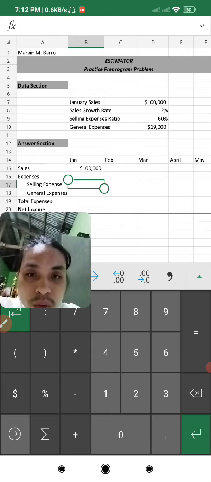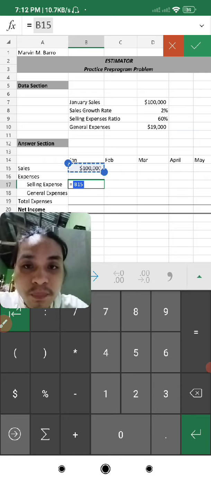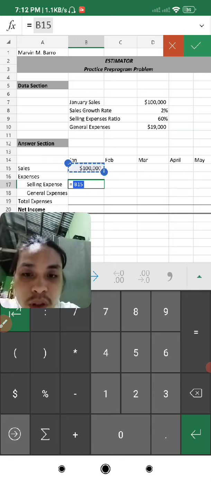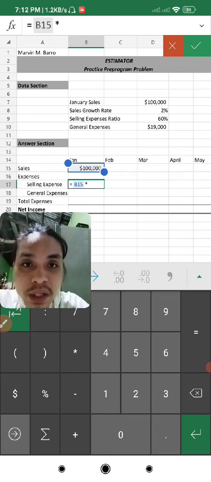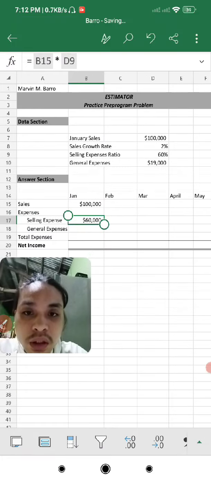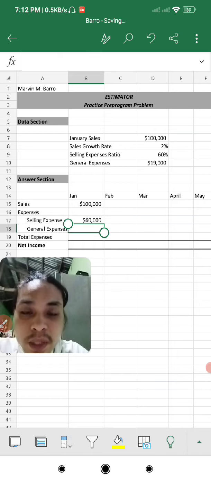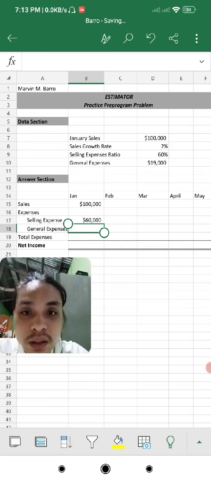So you have to calculate that by putting an equal sign and clicking the cell B15 and multiplying by the selling expense ratio of 60% by simply clicking the cell D9, and we can obtain the $60,000. And for the general expenses, it is stated that it is fixed at $19,000,